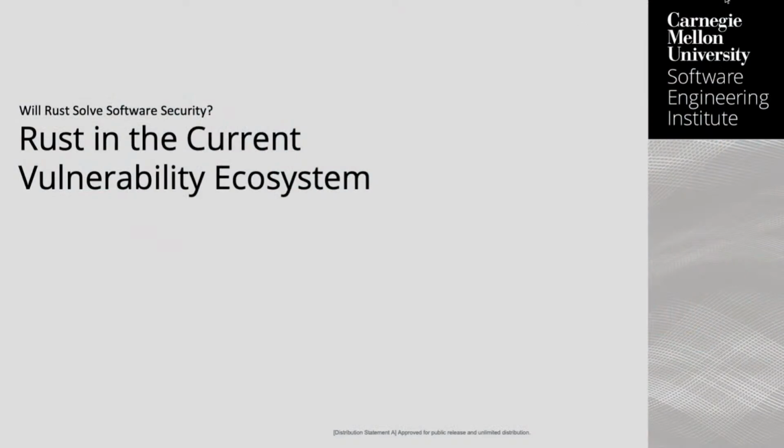Shane? Yeah, we got one from Walter, David, and that is, is there some cargo tool like Clippy that would detect insecure code in Rust? I actually did talk about this coming up, so I'll encourage Walter to stay tuned. I will have a slide about static and dynamic analysis for Rust code shortly.